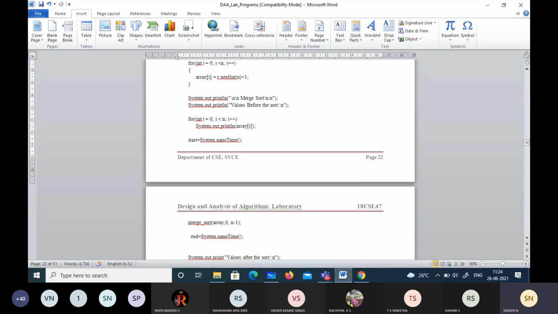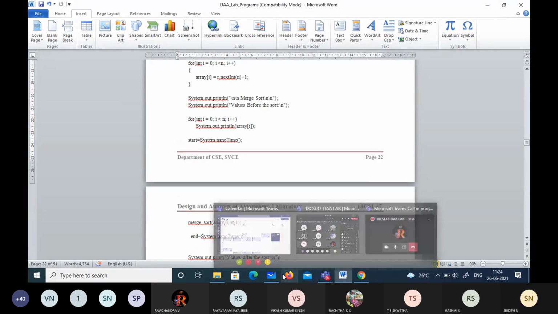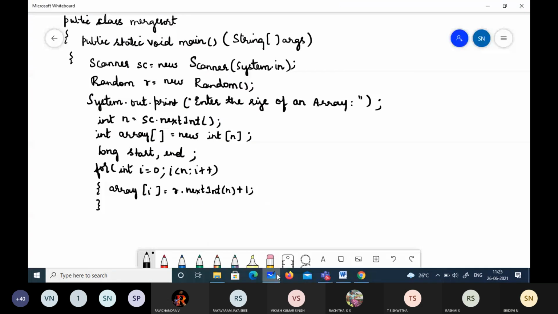Okay, then we will just print all those elements. If you want, you can print, because as it is generated randomly, you can just print it once and check.